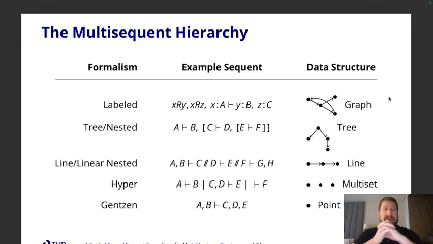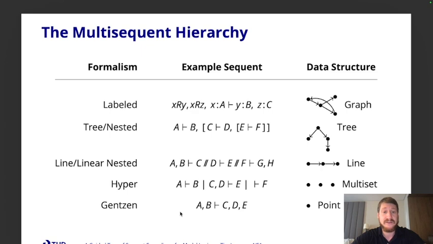So this relates to this next slide. On this slide, I've written what I call the multi-sequent hierarchy. And if you're not familiar with what the term multi-sequent means, it essentially means a generalization of a Gentzen sequent, so a more complex data structure in which Gentzen sequents are embedded. And what I'm going to do first is talk about what's written on this slide, and then afterwards I'll explain